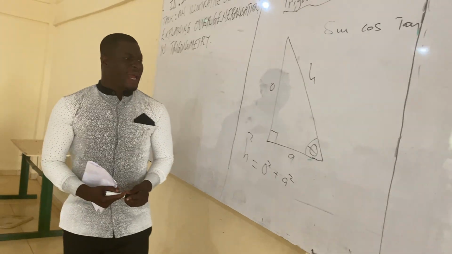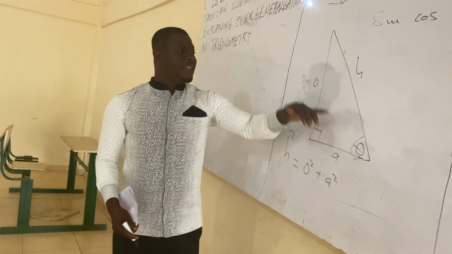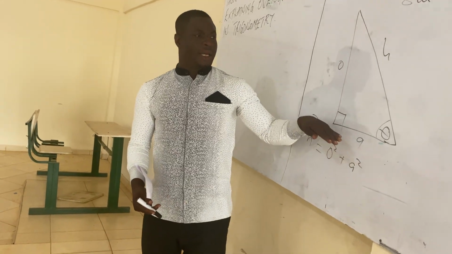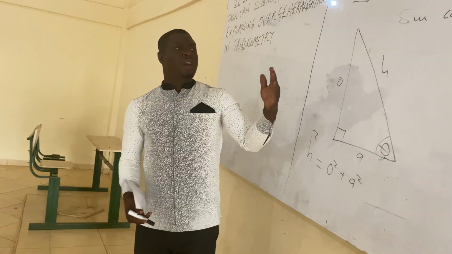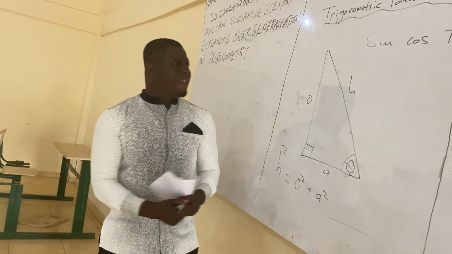Since we already know that the longest side is the hypotenuse, and where the angle is facing is the opposite, and where the angle is sitting on is the adjacent, to calculate sine, cos, and tan,